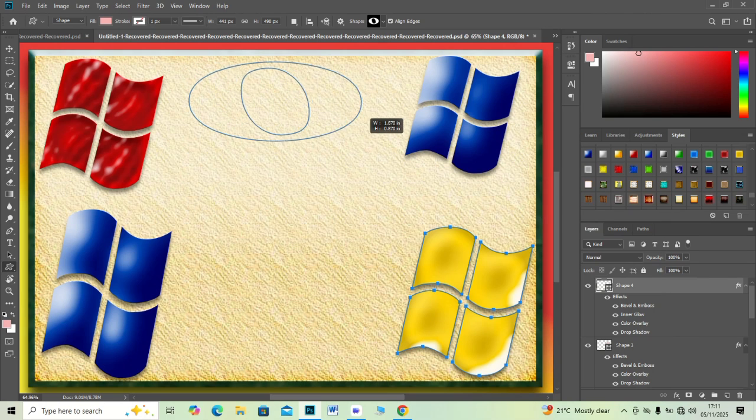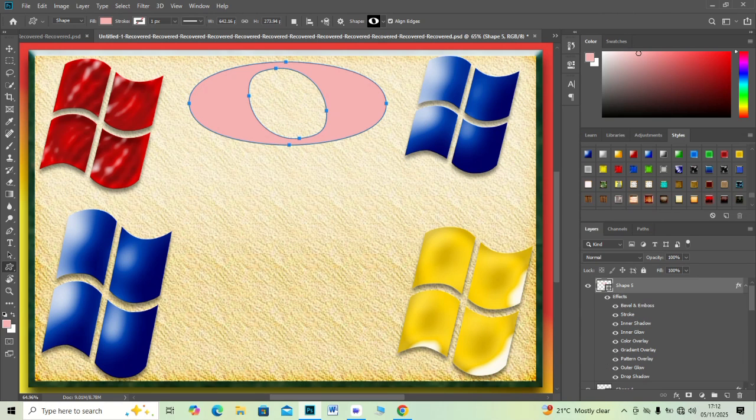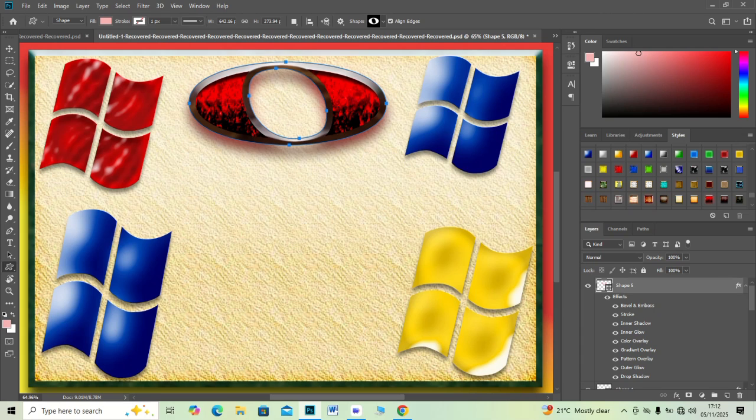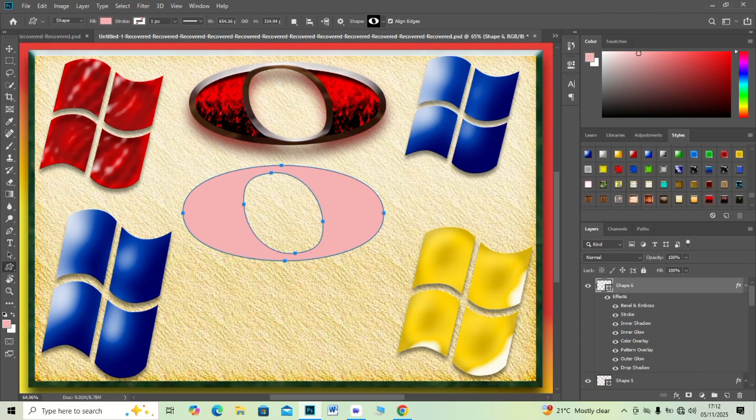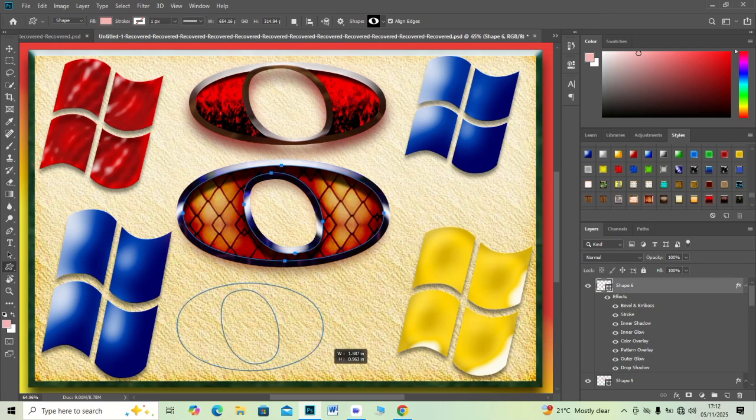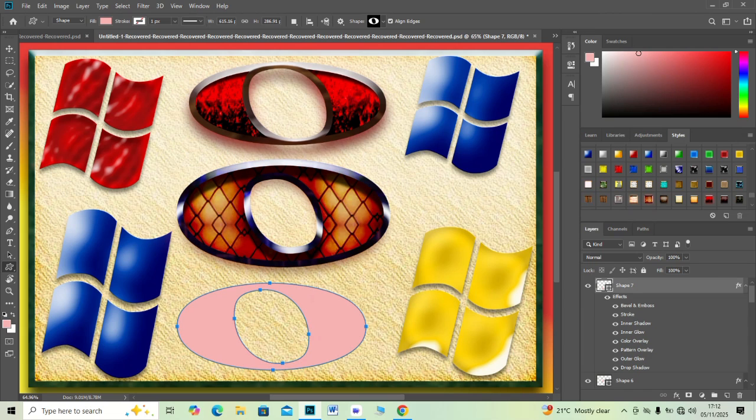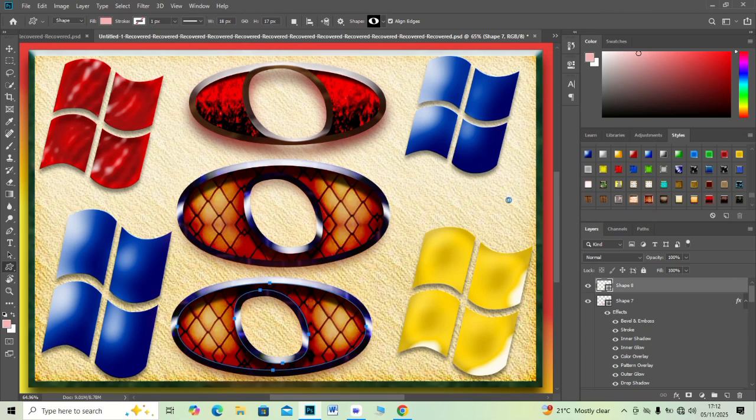Then duplicate the frame for a multiple layer design. Rotate one layer slightly for creative overlap. Apply a Gaussian blur on one stroke for depth. Change blending modes like overlay or multiply. You will get a realistic text